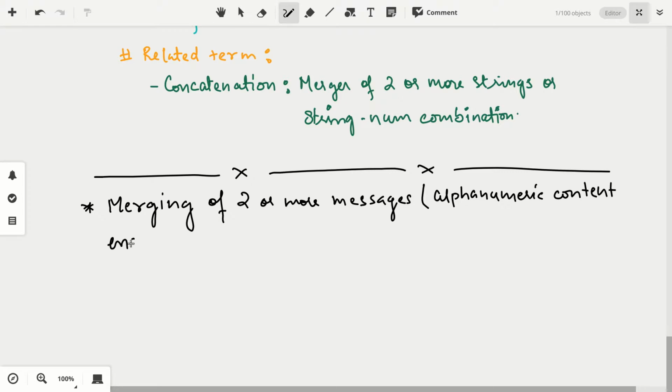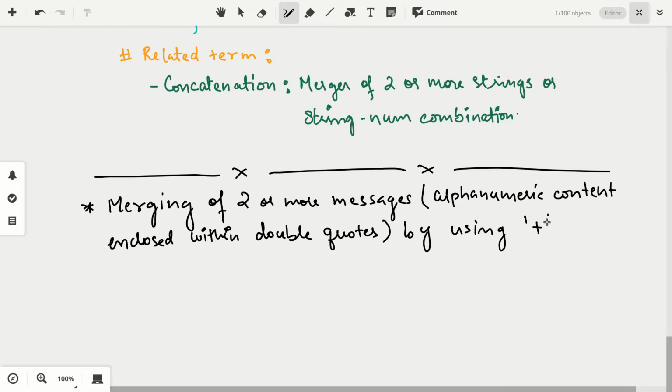You can include two or more messages, that is alphanumeric sequences enclosed within double quotes, by using the plus operator or plus symbol that you use in mathematics for adding.